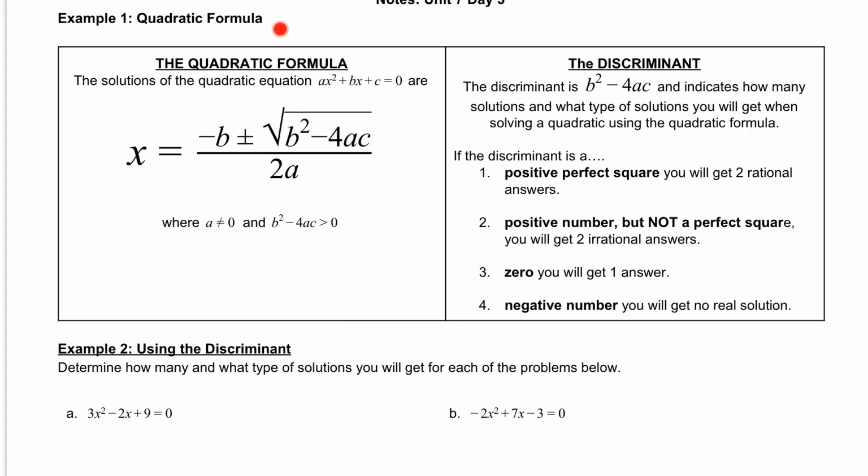Today we're going to be learning about the quadratic formula. So the quadratic formula says the solutions of the quadratic equation ax squared plus bx plus c equal to 0